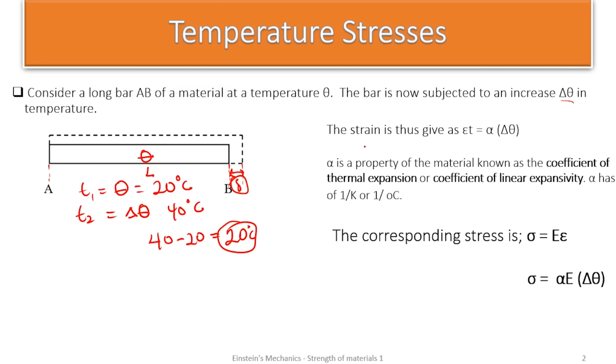And from analysis, we know the strain is the deformation produced. That's the elongation that we produce in the bar. And the thermal strain, here we are dealing with temperature. So the thermal strain, we know that strain is represented this way, and it is thermal, temperature strain. It is giving us alpha times change in what? Temperature, T. This is the strain, where alpha is what we call the